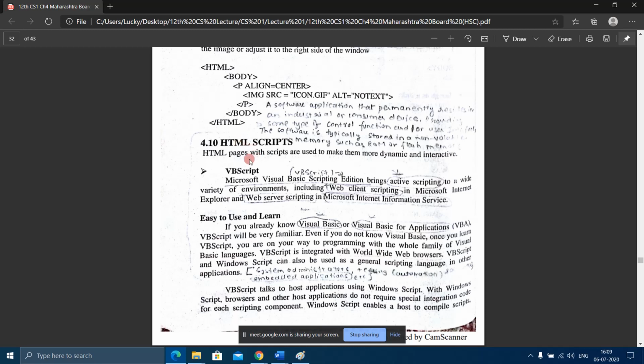So HTML pages with scripts are used to make them more dynamic and interactive. The HTML documents which we have seen till now were static. Static means whatever I have entered, it only displays text. Nothing is shown in there.